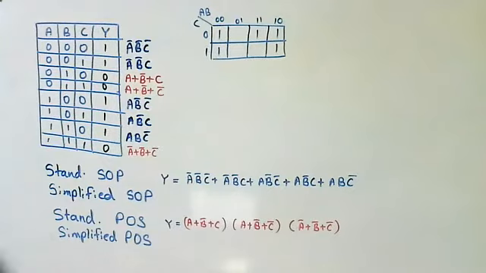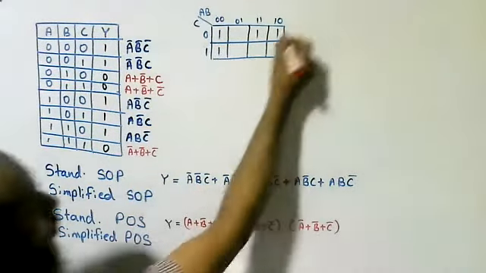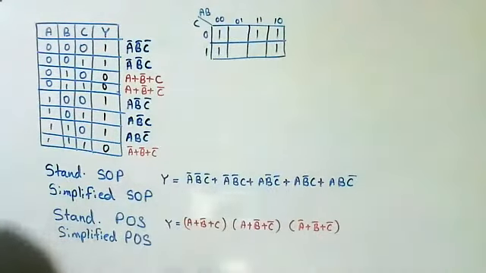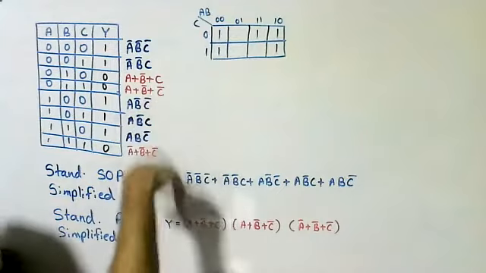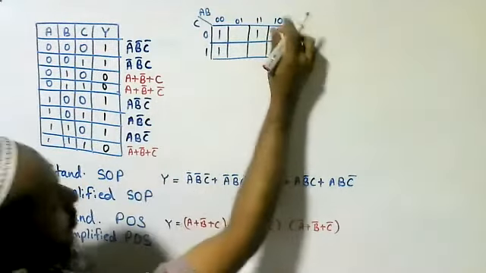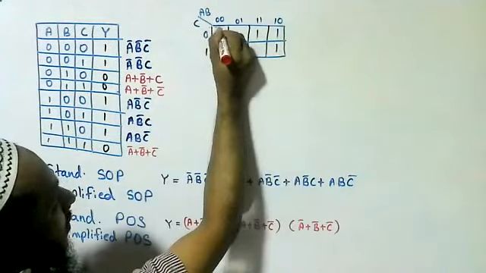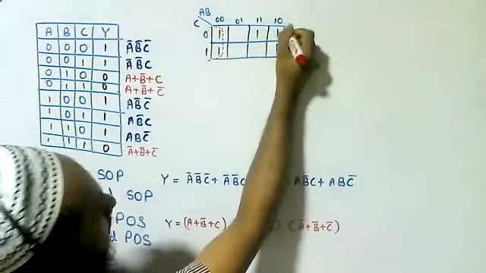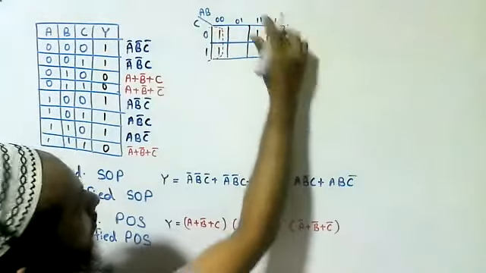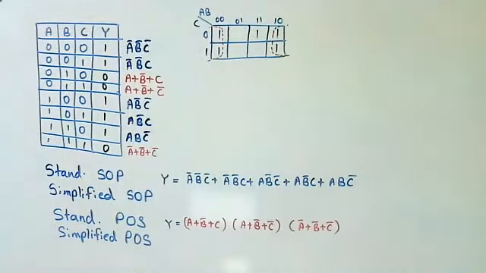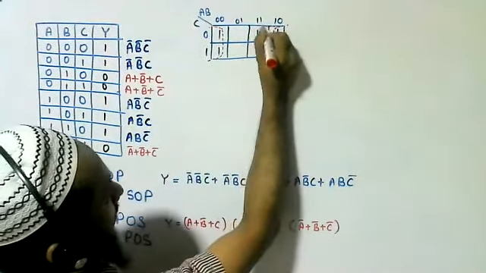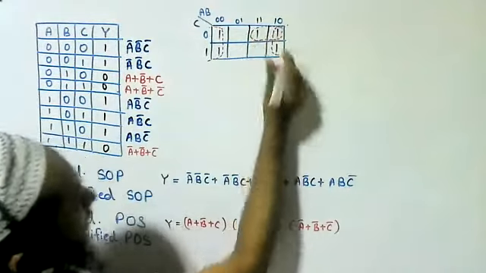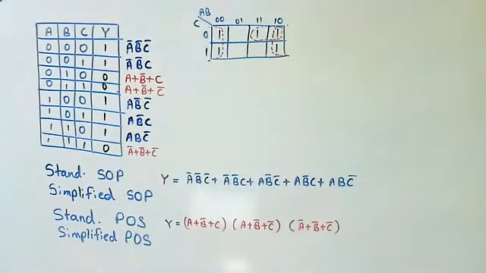Then we are going to group it, right? We can group like this. The basic rule is minimum number of groups, maximum number of ones in a single group. Here 4 ones, we can make a group like this because Karnaugh maps are wrapped around. So one group, 4 ones are there. And for this one, we can group like this. That's all. So 2 groups, one group has 4 ones. The other group has 2 ones.